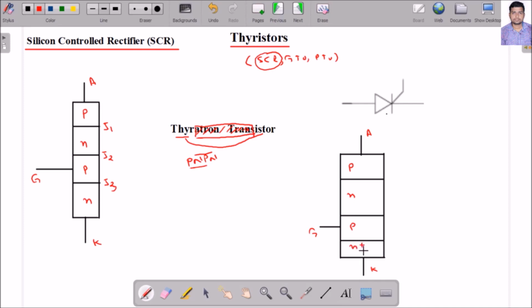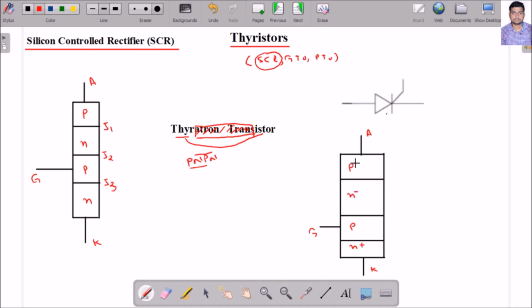Okay, this N layer is very thin as compared to the other layer and it is heavily doped, and the other P region is generally thicker than the N region. Comparatively more thick than this N region, so this width will be more as compared to the N region, and this N region is very lightly doped and the width is more as compared to the other layer. The width of this layer is more as compared to the other layer, and here the doping concentration is very less.